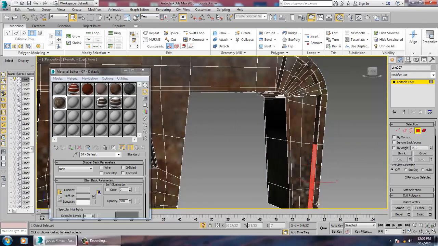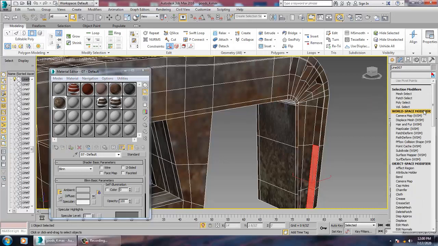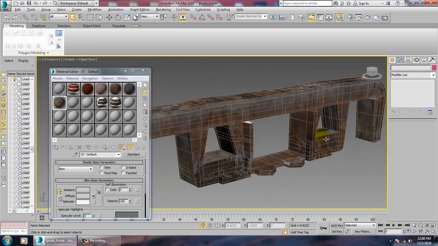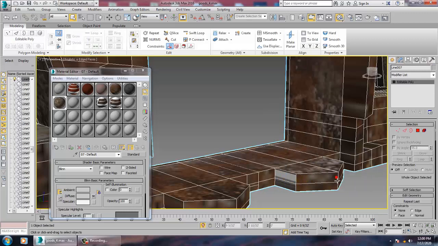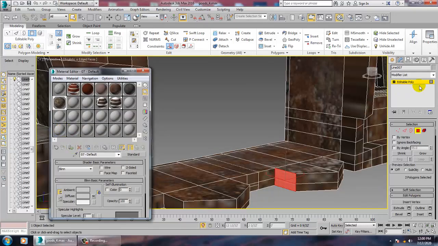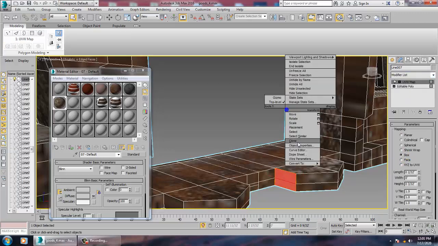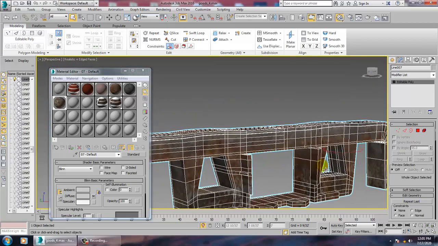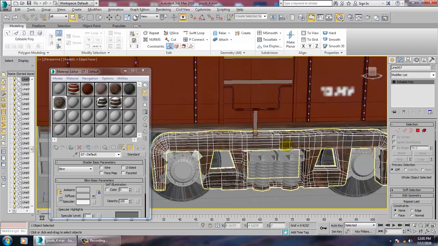so select this, so select this, go into material, alright, and isolate this stuff.